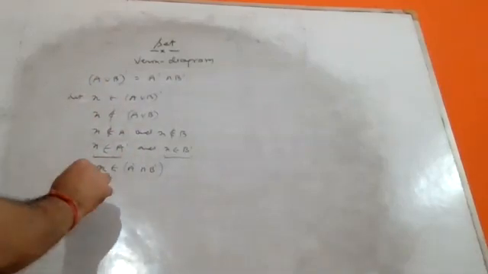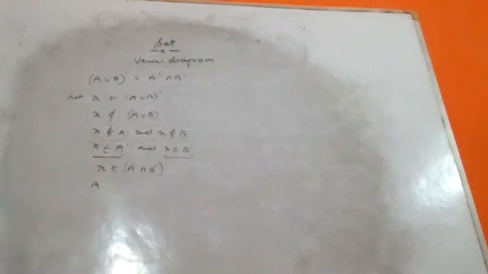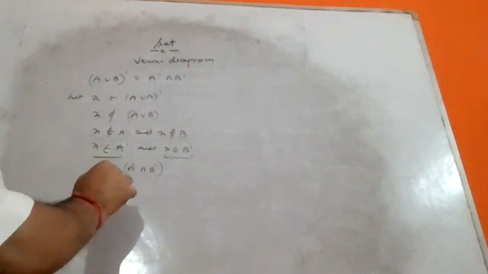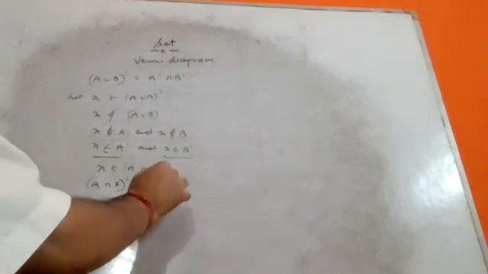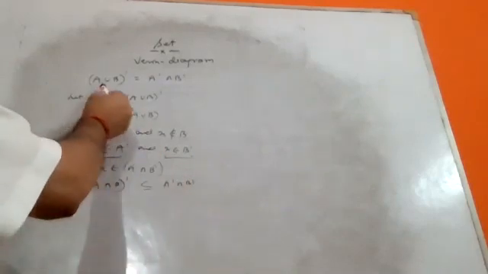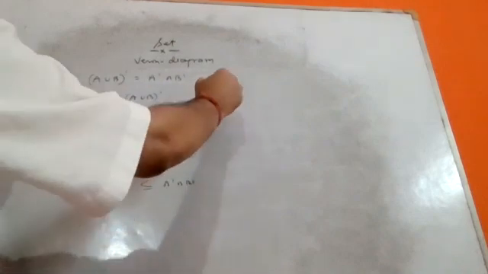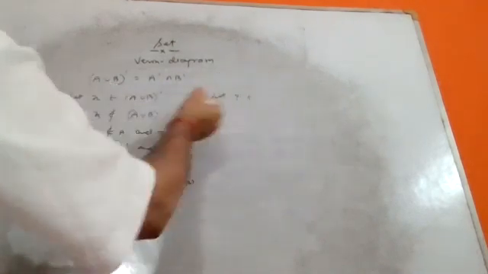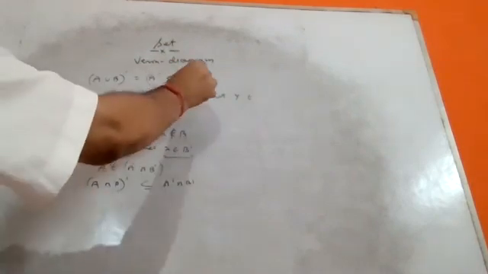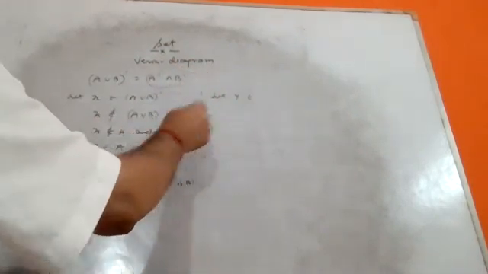Starting from LHS, going to RHS, you can write that (A union B) complement is a subset of A dash intersection B dash. From here you move on, and the next way, you can take an element y. First for LHS we wrote it this way. Next, RHS. You have to prove both sides, LHS to RHS and RHS to LHS, not in a single way, right?